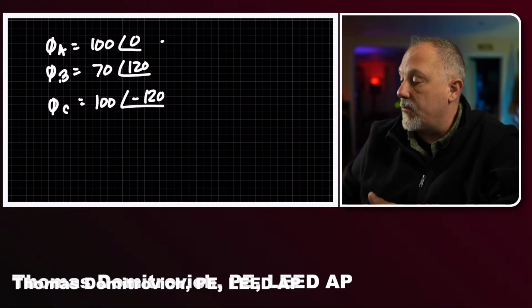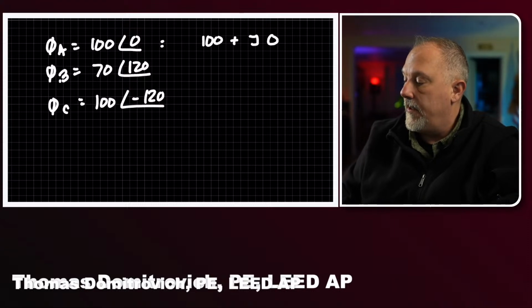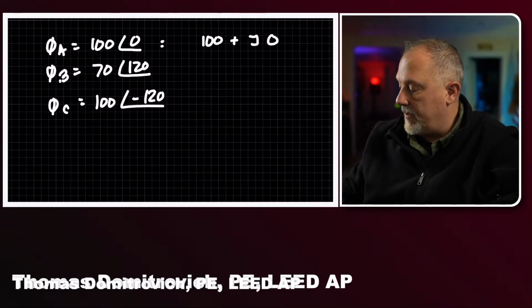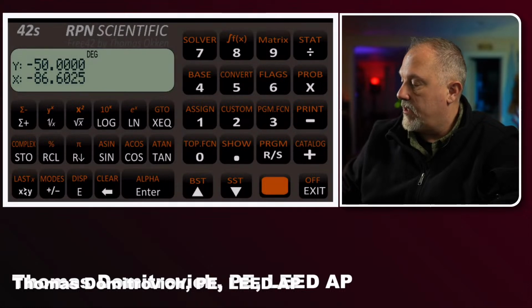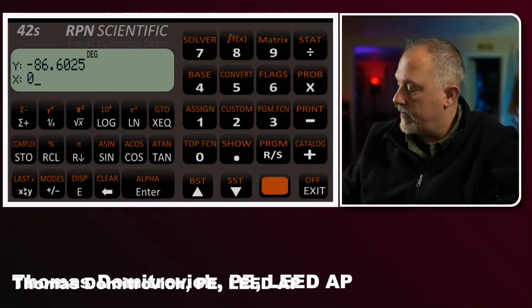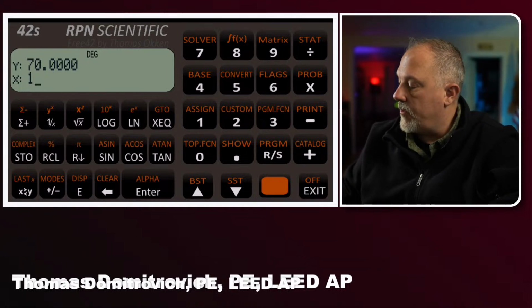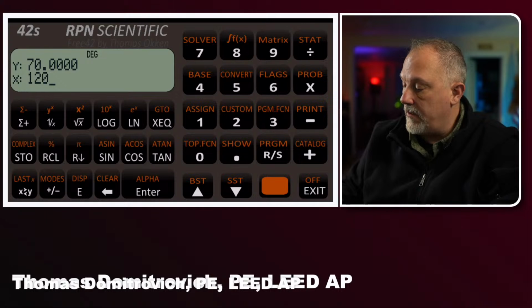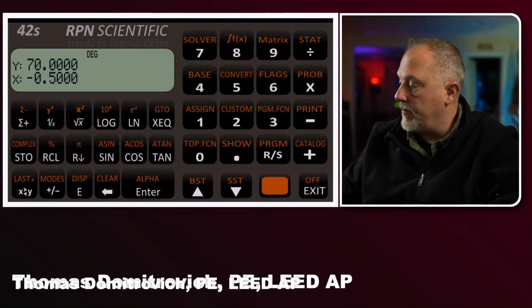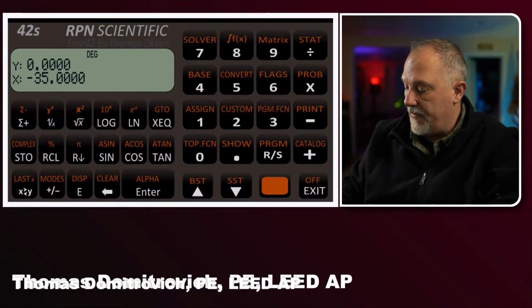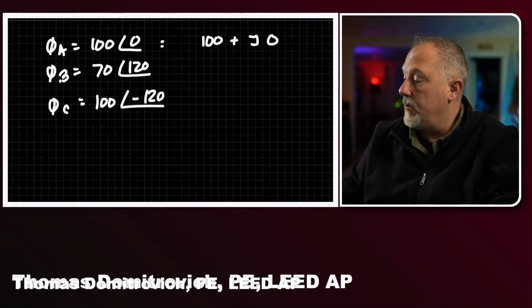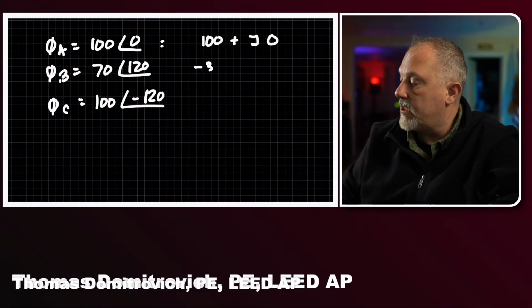We break this down into real and reactive. So this is 100 plus j0. This is 70 times cosine of 120, times minus 35. So minus 35